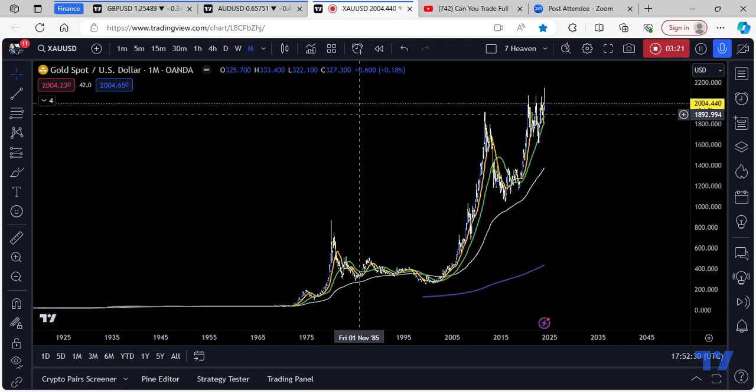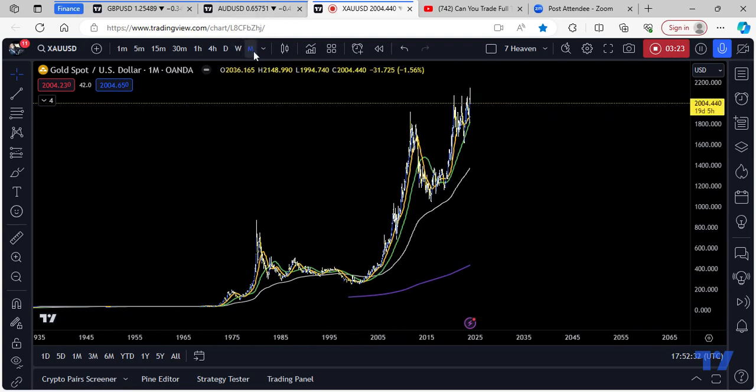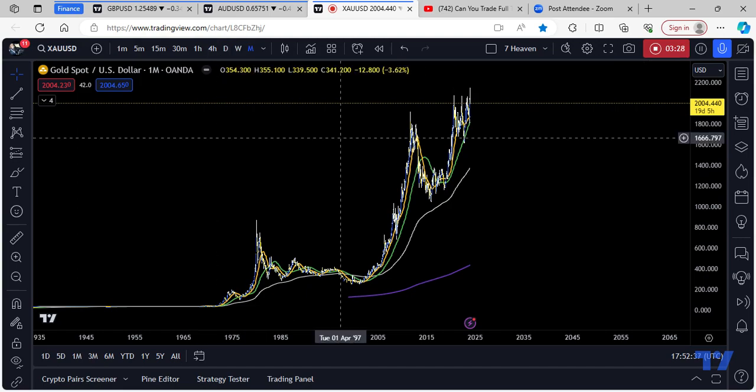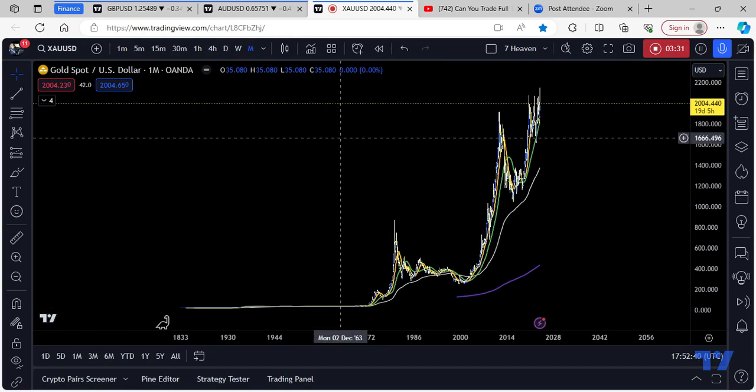So just to give you a little terminology, what I use, monthly, weekly, daily, 4 hour, are what I like to call my four horsemen. All right, my four horsemen. Now, out of these four horsemen, I'll tell a little story. Each of them has a direction, a different bias on where the market on gold should go, right? And this is with the market structure, right?